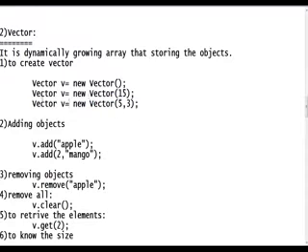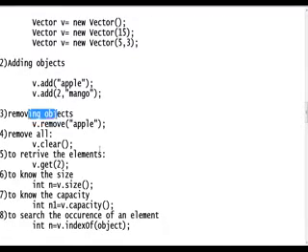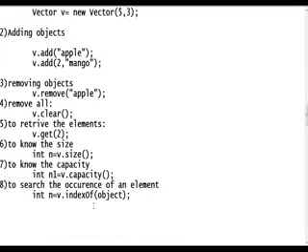Okay, you understood? But what about this? It creates a large object. This also creates a large object. We have different ways to add the elements. We can use dot add, we can add like this. Objects we can create at a specified position. We can remove the objects also. We can remove all also. Retrieving is also possible. Size we can also write. Capacity, and those elements we can also check. Okay, these are the methods we have.